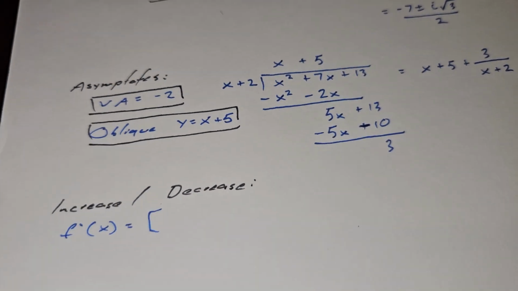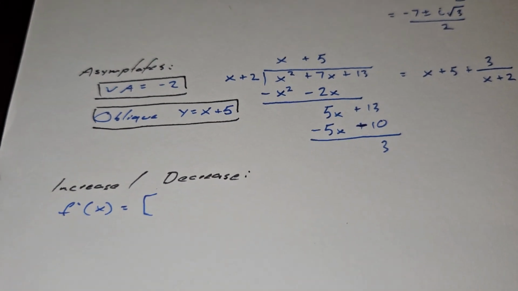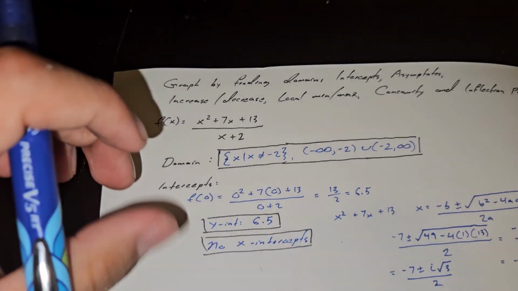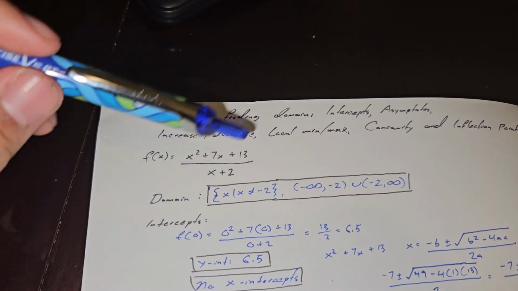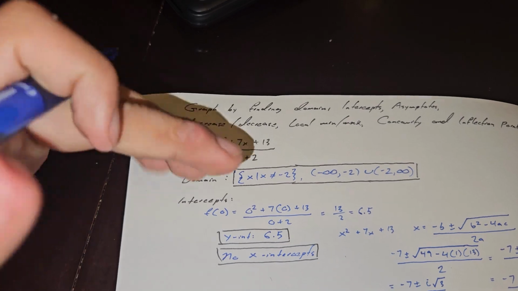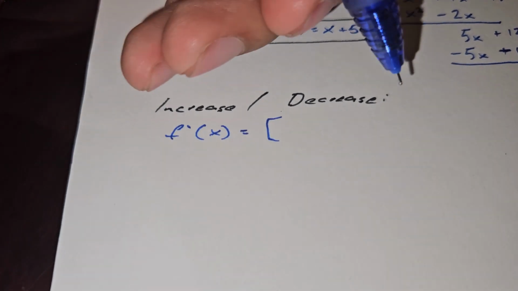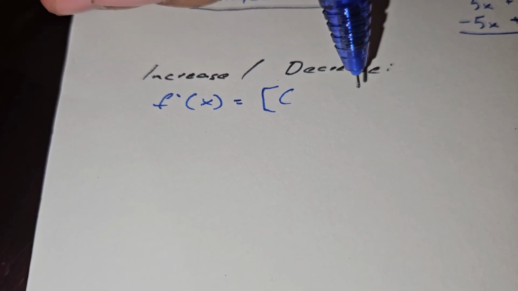I'm not going to write out the whole quotient rule, so this is just a tiny review on derivatives. Let's say this is our f of x and this is our g of x. So the quotient rule states that g of x, which is x plus 2,